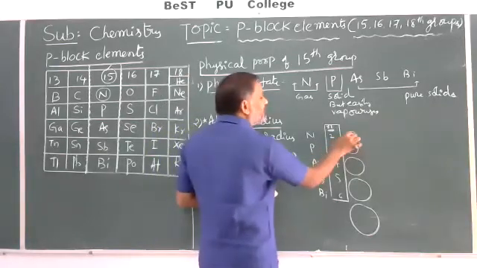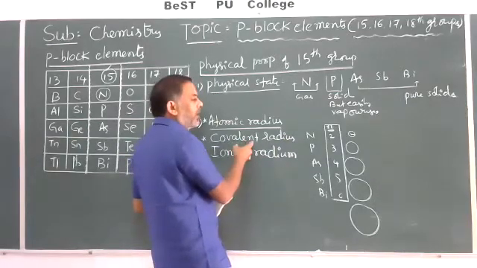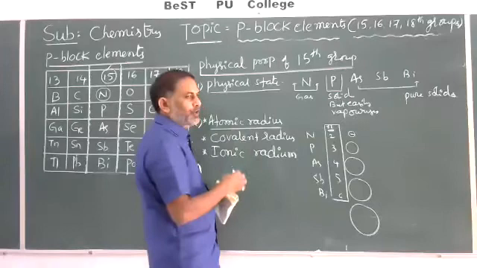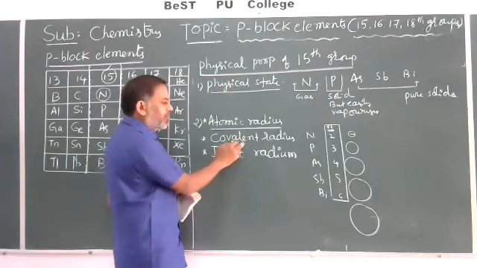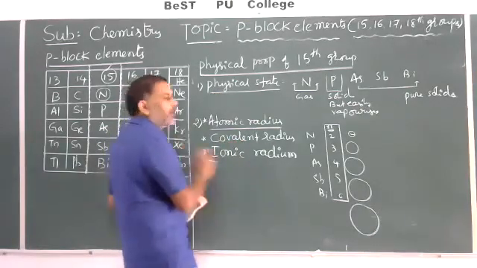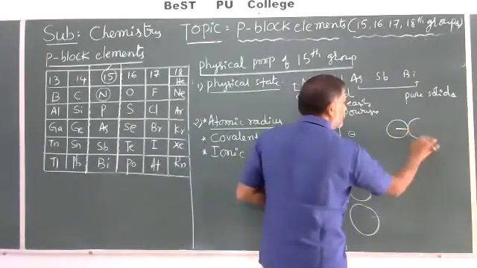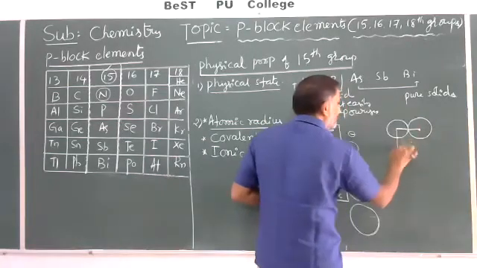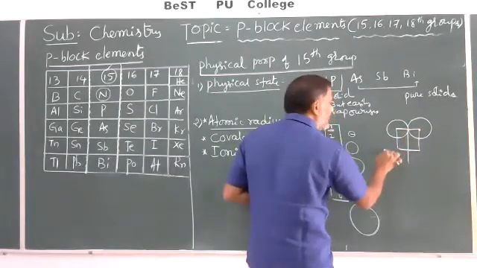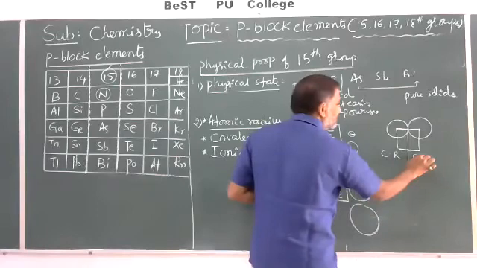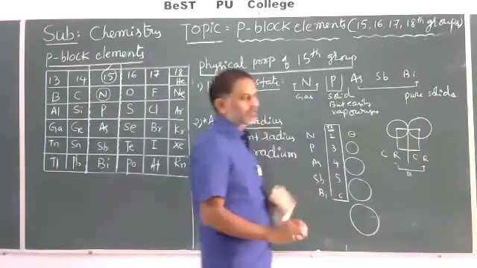Because from the nucleus to the outermost orbit, which are bonded covalently by two atoms, that is the covalent radius. In first year, we know it is half of the internuclear distance between two atoms, same or different, which are bonded by a covalent force. This is the atomic radius of one atom, and this is the atomic radius of another atom. Here to here distance is called the internuclear distance. Half of the internuclear distance is called the CR, covalent radius. This is also a covalent radius. The complete distance is the diameter, or the internuclear distance.